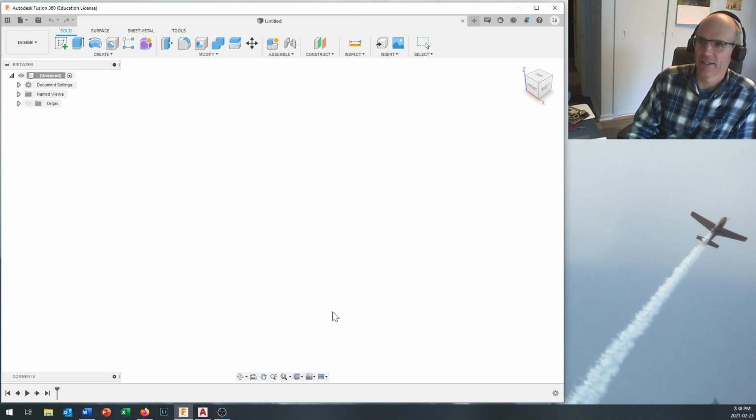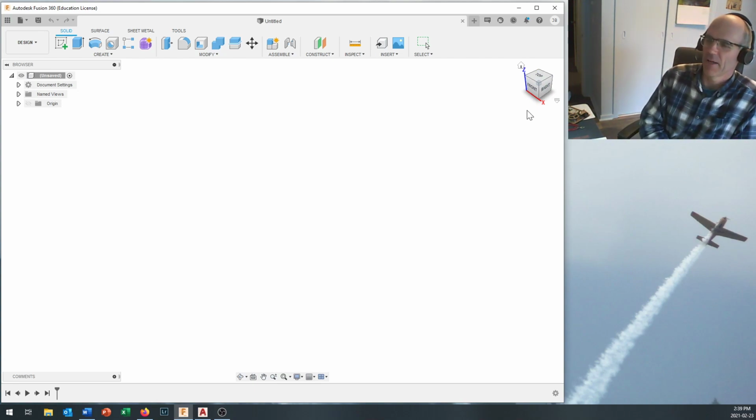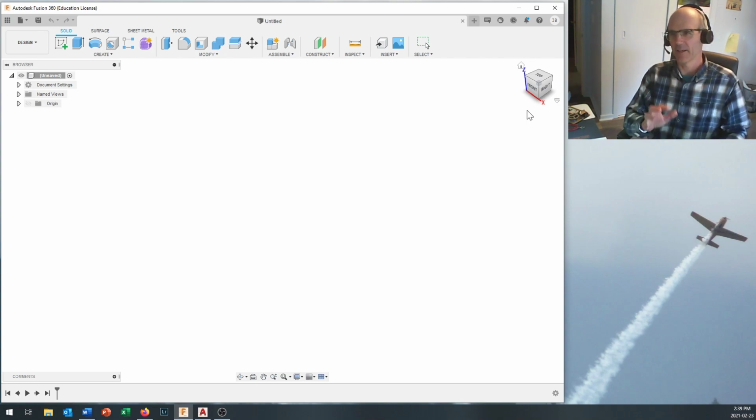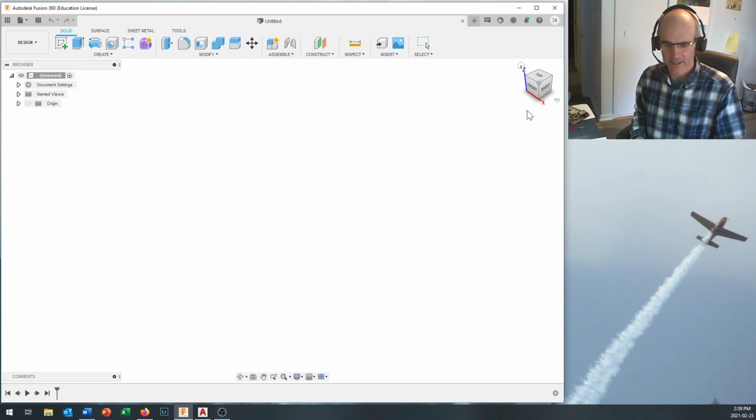And this is more what you're going to be seeing. You're going to have an untitled drawing in here. You're going to have some icons along the top. And over in this section, you're going to have what we call the view cube. Now, if you haven't had a chance to play around with Fusion 360 yet, you do need to have a way to rotate things around in space. And like I say, if you're going to be doing a lot of CAD work,